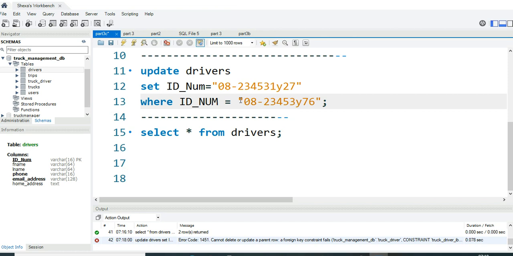So you might be asked the question, like, given these values in tables, drivers, trucks, and truck driver, and the ID number was mistakenly written, how will you update the driver's ID number without affecting relational database principles? The principle that we are trying to violate here is the referential integrity. So how best can you actually solve this problem? So what we can actually do is